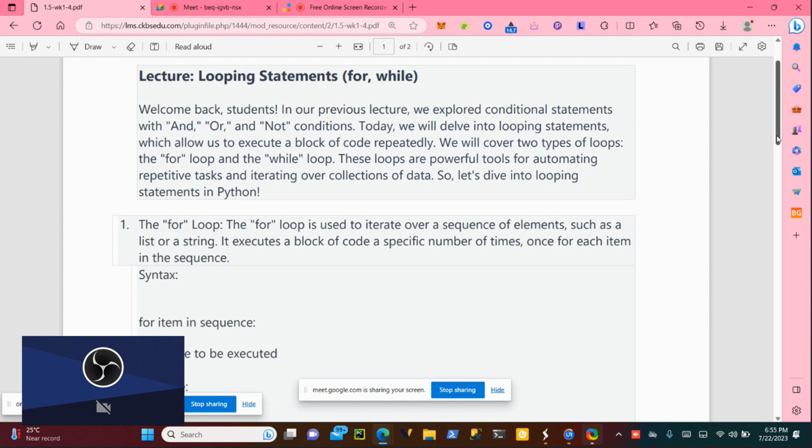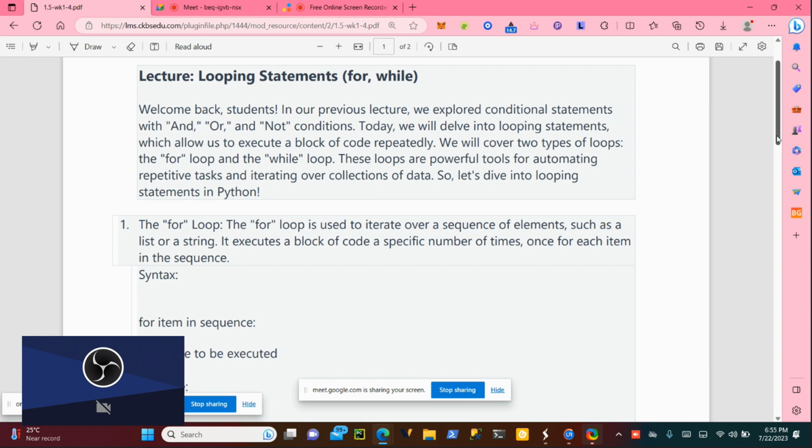We will cover two types of loops. The first one is the for loop, and the second one is the while loop. These loops are powerful tools for automating repetitive tasks and also iterating over collections of data.